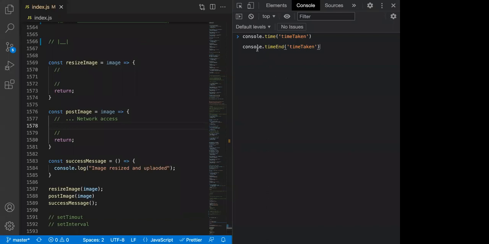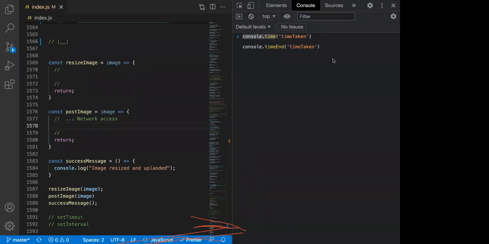Cool. So if I do nothing and I press enter, what should happen? What should I see? Okay, once again, simple point. There is a way of computing time using something called console.time. What does it take? It takes,